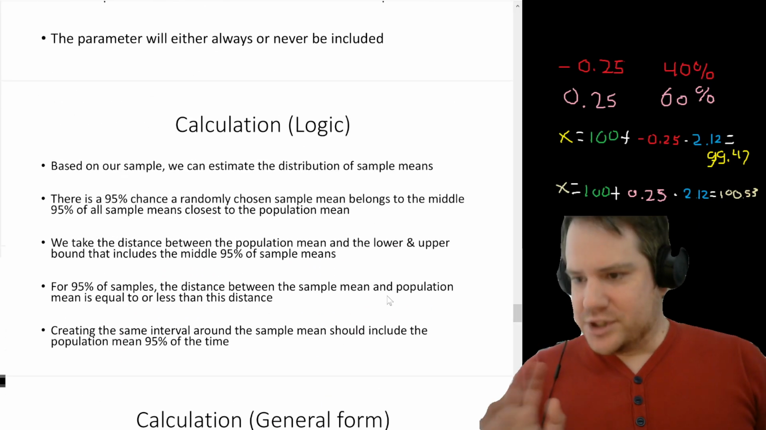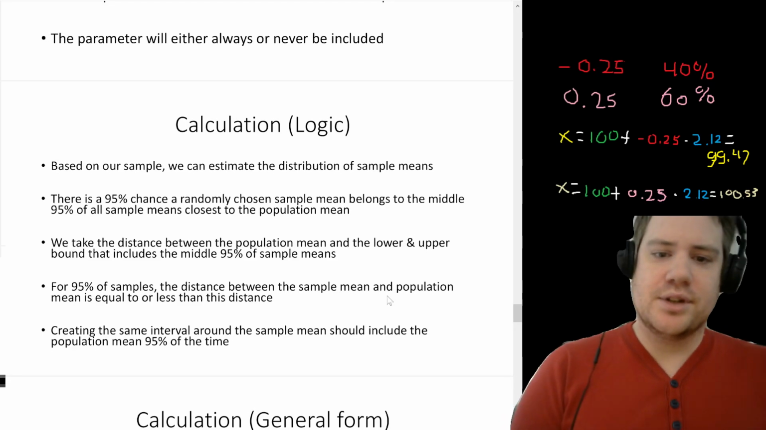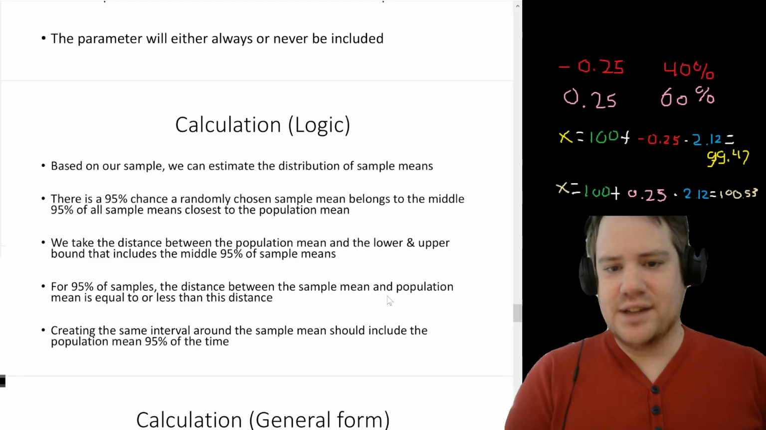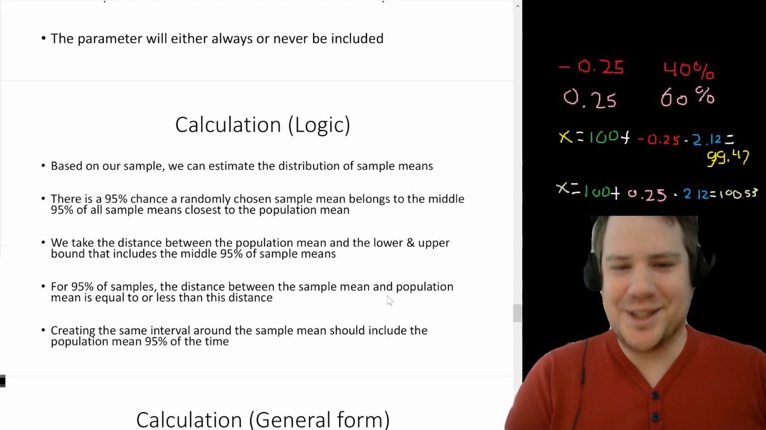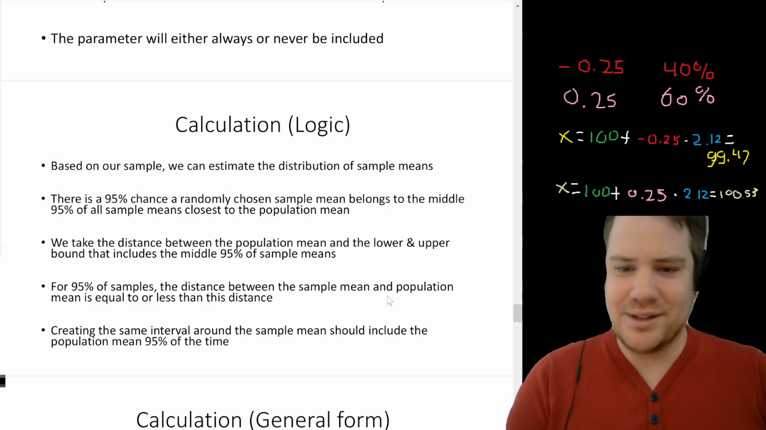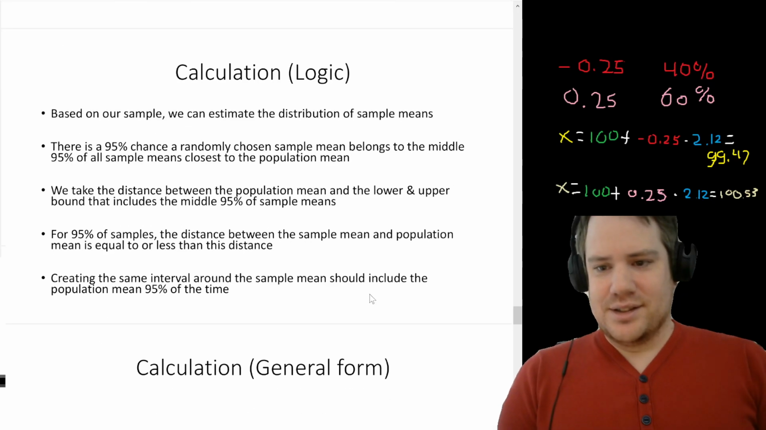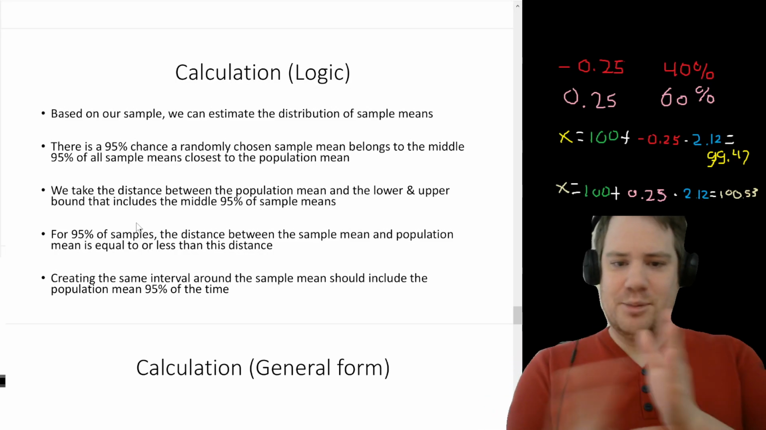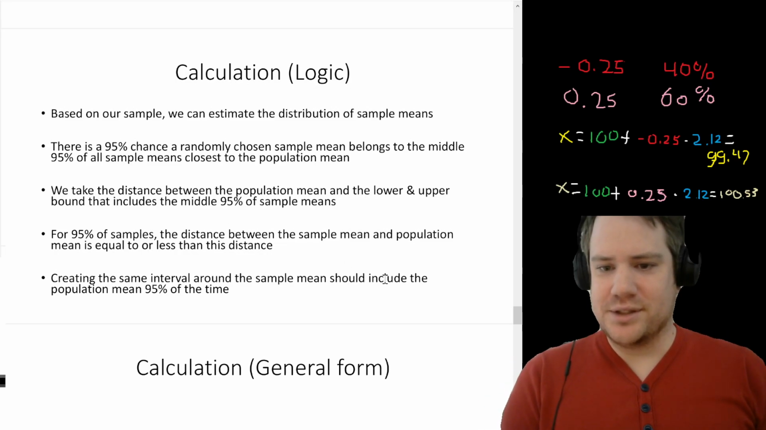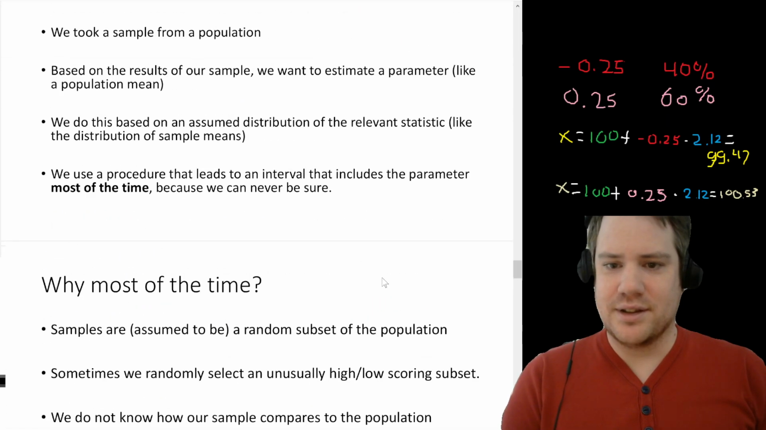And for now, I'm going to stick to 95% because it's the default. So there's a 95% chance that a randomly chosen sample mean belongs to the middle 95% of all sample means close to the population mean. So then we take the distance between the population mean and the lower and upper bound. That includes the middle 95% of sample means. So essentially,